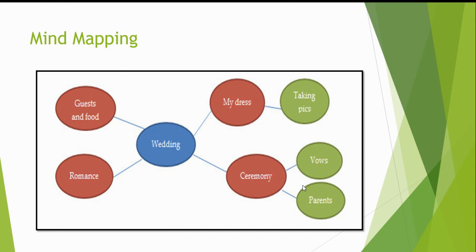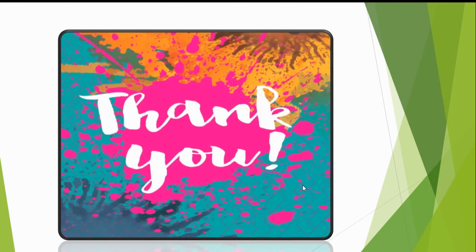For example, if I want to write about a wedding, then many things come to my mind, like guests and food, romance, my dress, and taking pics, selfies, parents, and so on. So at first you have to note down those points and then make a mind map and go to your real-life field. That means go for your writing. So that's all about our principles of good